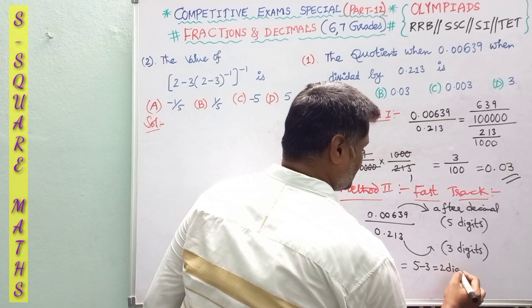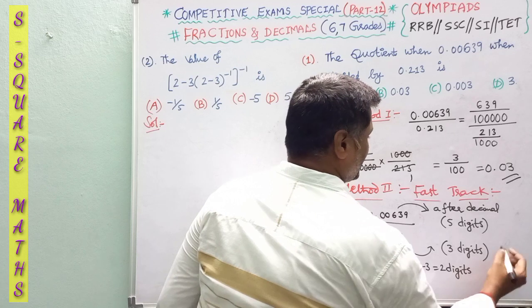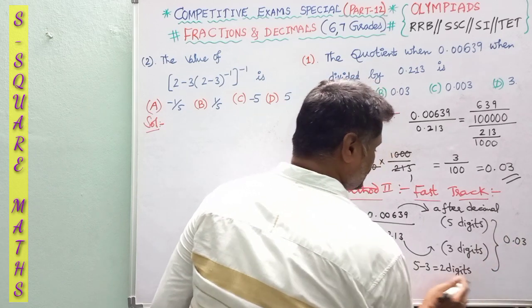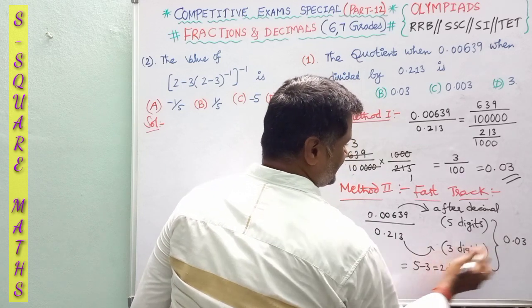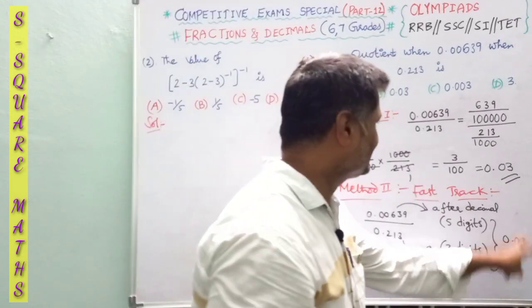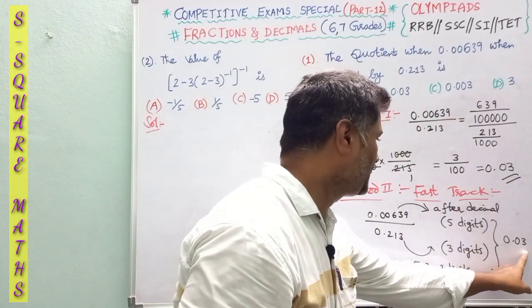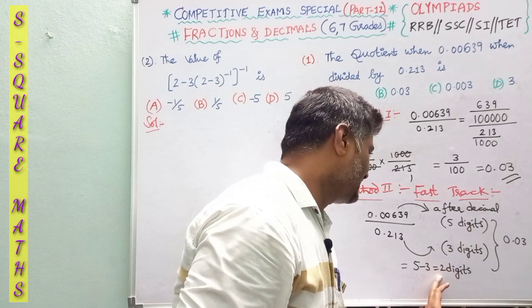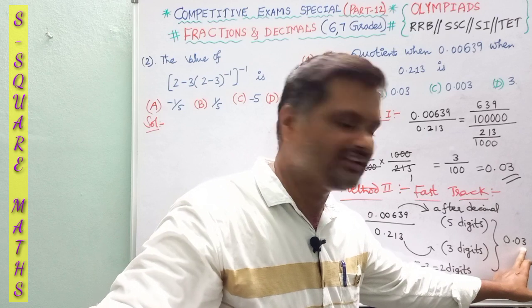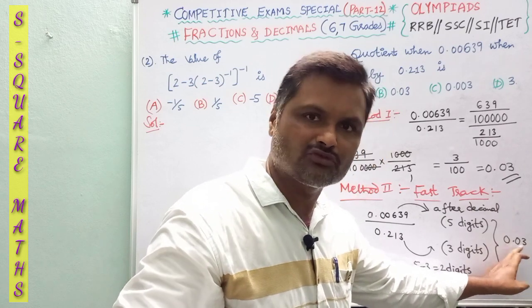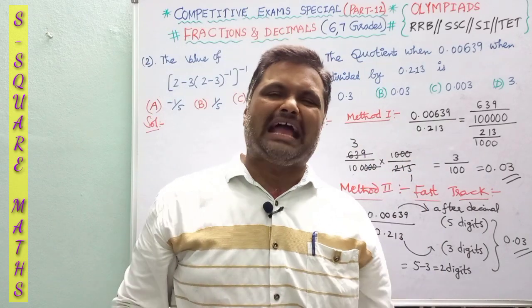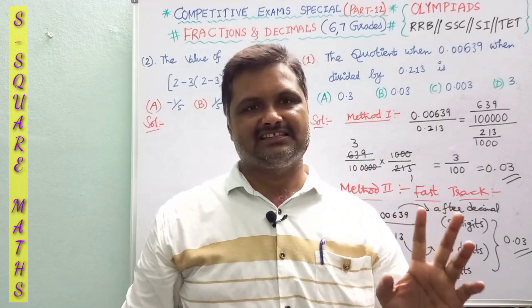So finally I can write the answer 0.03. Place a 3 here because 213 ones are 213, threes are 639. That 3 is nothing but 3 times. Since you have to place 2 digits, 1 digit is meant for 3 and one more you fix for 0. So point 0.03. I think this is done in a maximum of 20 seconds.